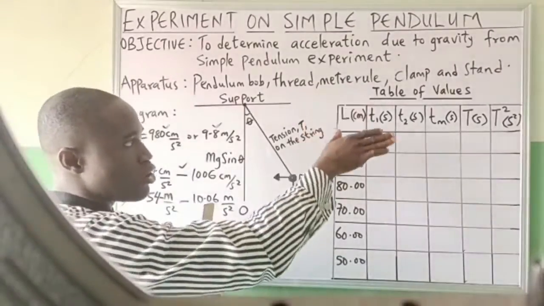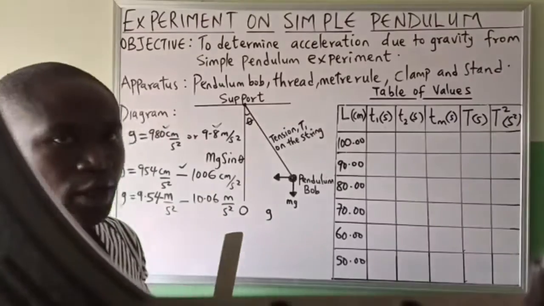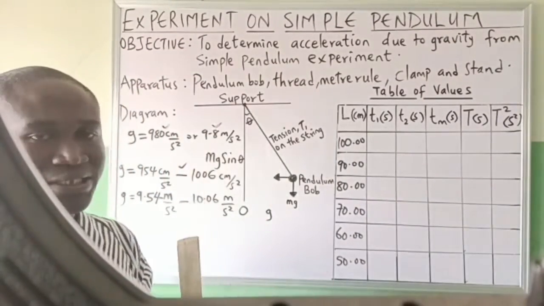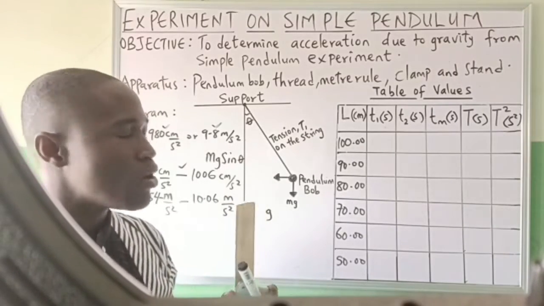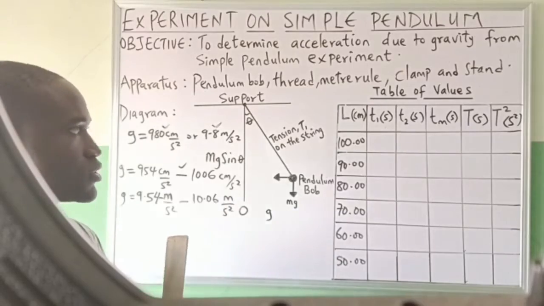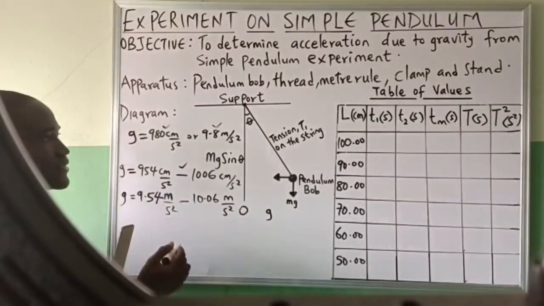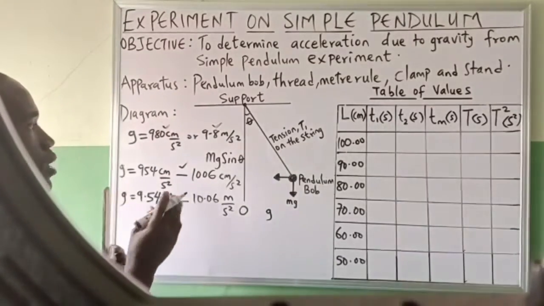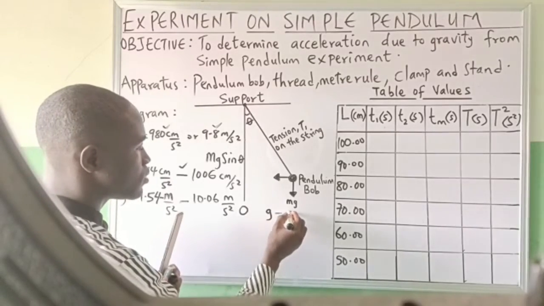Remember, when you are done with this experiment, I advise you, please include precaution taken to do this experiment. So don't forget to include precaution while reporting your results. Now, I'll pick a value here that is close to 980 and use it in getting my table. That is how we manipulate. We say g is equal to